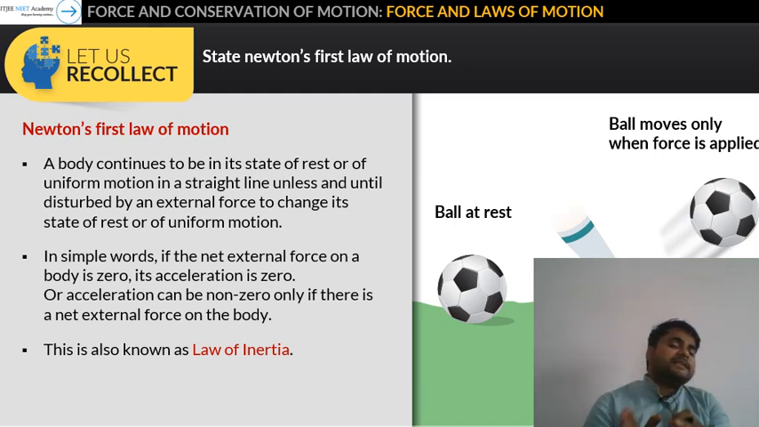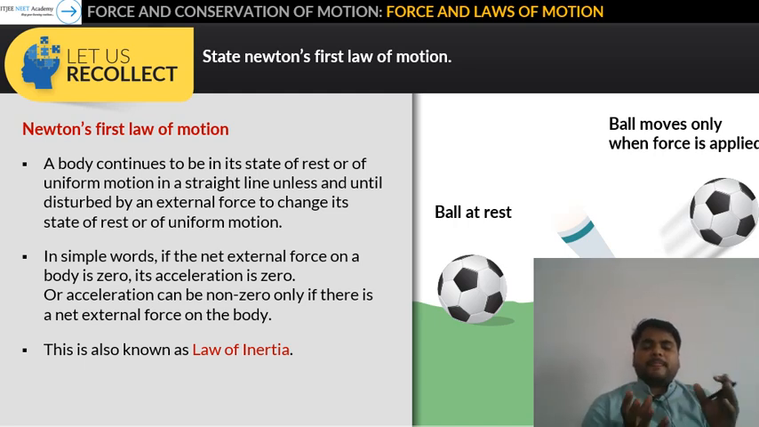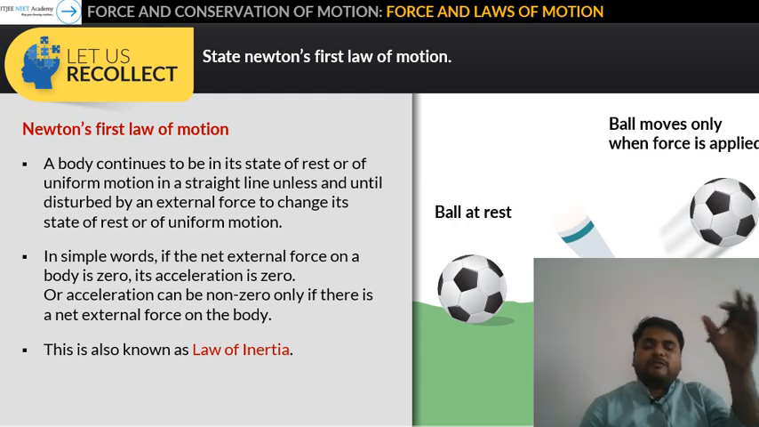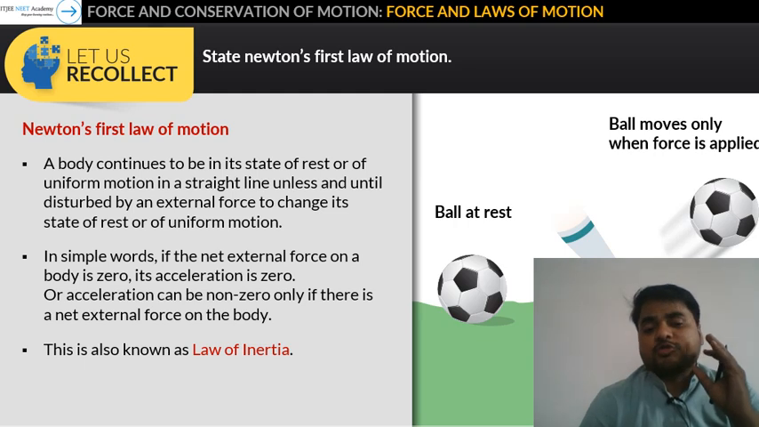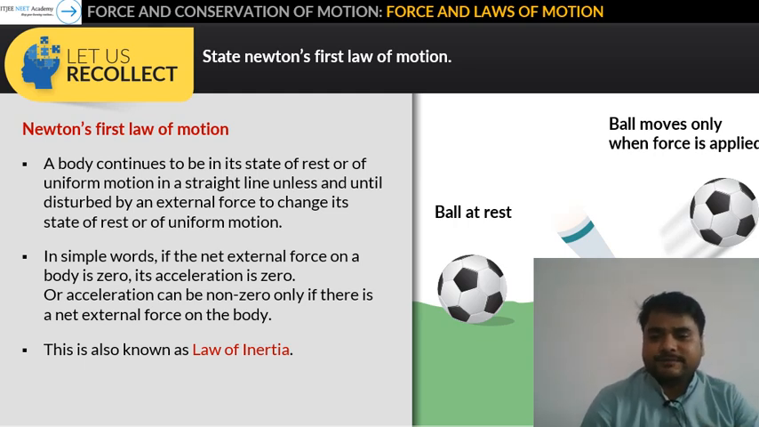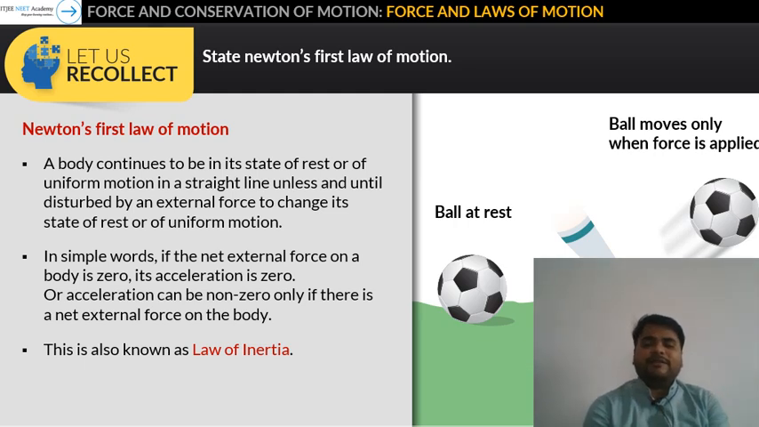If an object is at rest, then it will keep at rest. If an object is in motion, then it will keep in motion, unless and until any external force is applied on it. That is called Newton's first law of motion. As the object has a tendency to stay in its state, that is called the law of inertia. It means Newton's first law of motion is also called the law of inertia. So in simple words, we can say that if